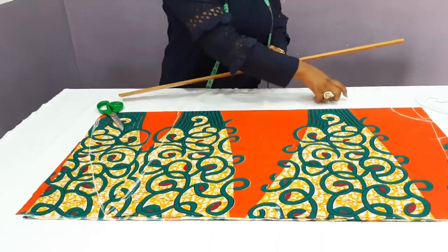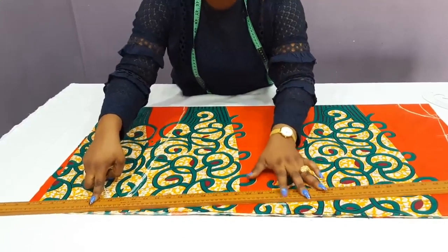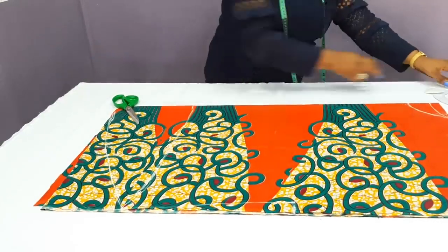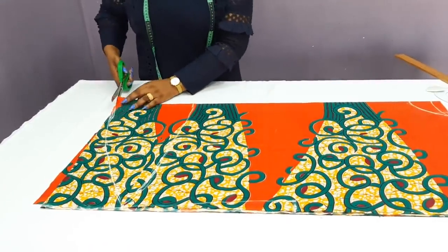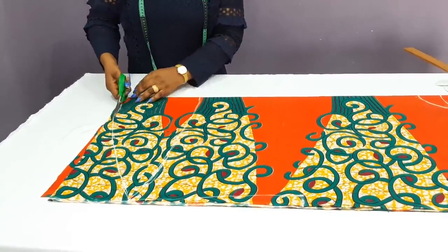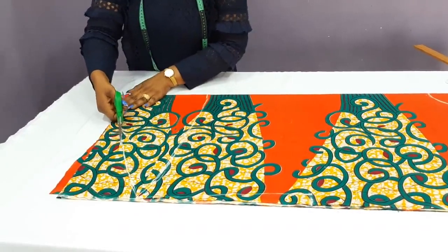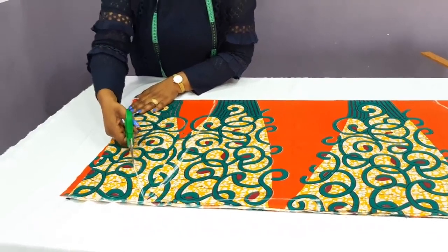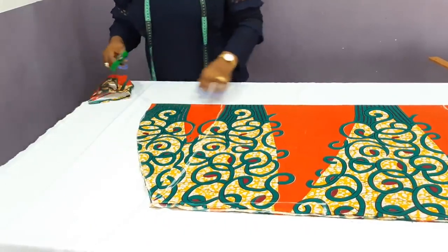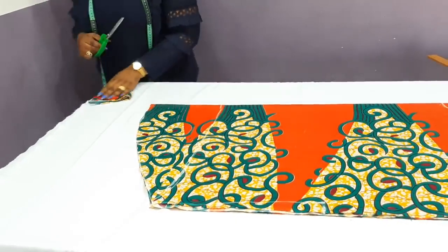Before I cut, don't forget this part. Remember we came in by 2 inches. So I'll just take my ruler to connect to the edge. You see that? So back is off. So you leave the front because you can't cut it together. So the next thing now is for me to take it